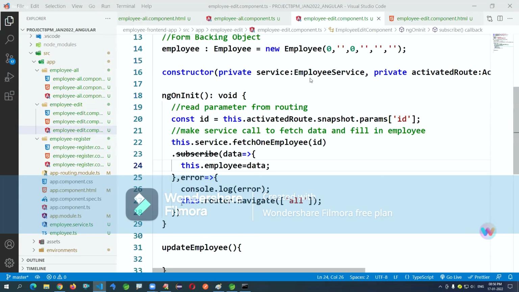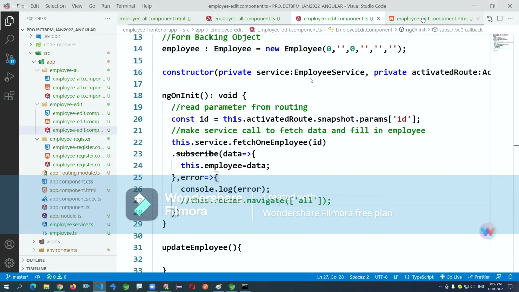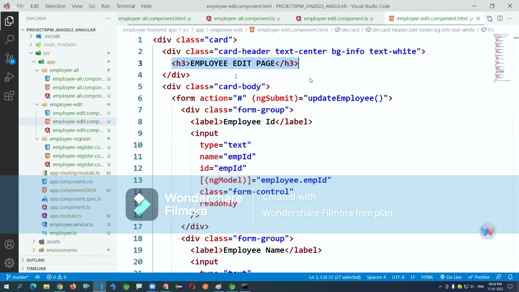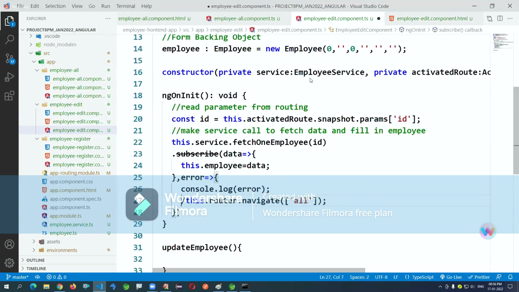Okay, I'll check what is the issue here. It's not navigating to all. I think it's not all, it's a list.